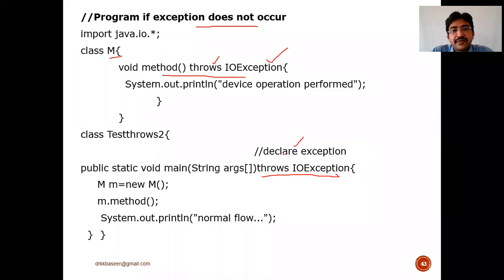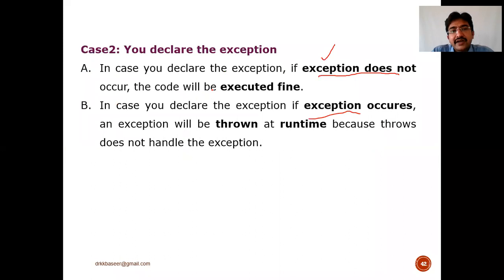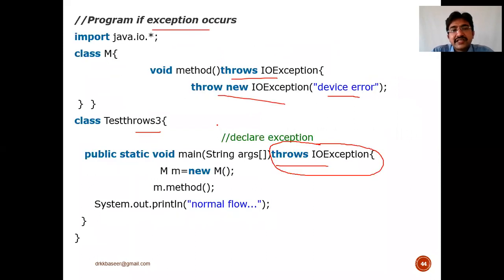In the previous example, somebody has to throw and somebody has to catch that exception. But when you declare that exception, when there are no errors, we can use it directly without any try, throw, catch. When there is an exception, with the help of throw, you can handle it. How?